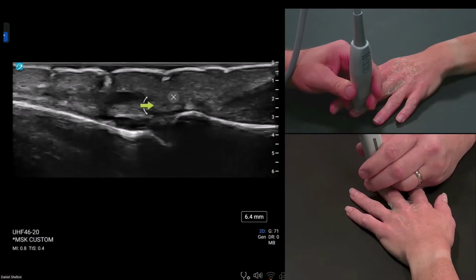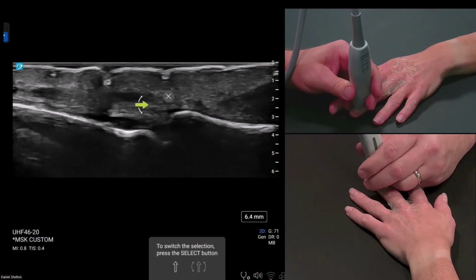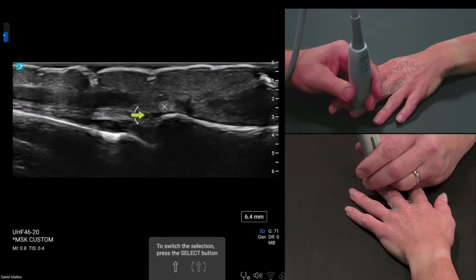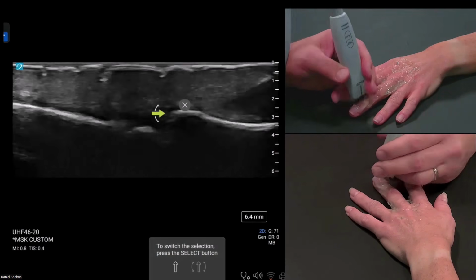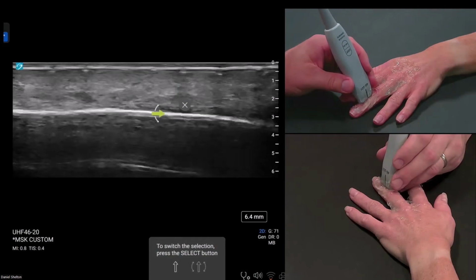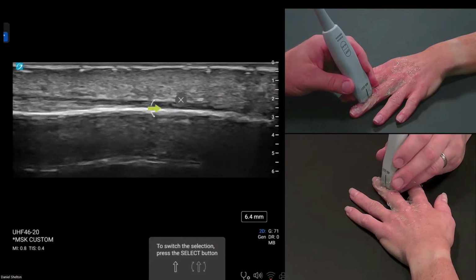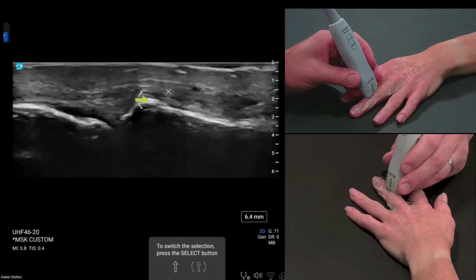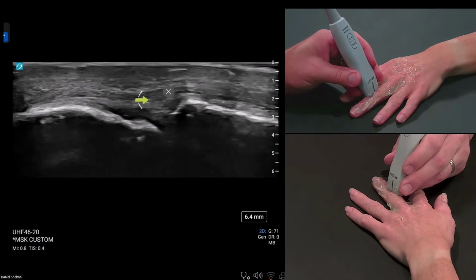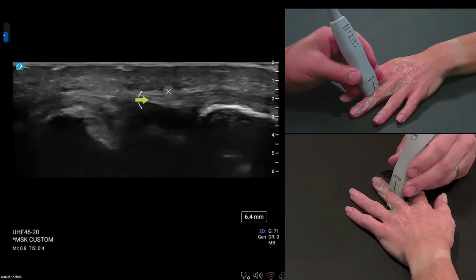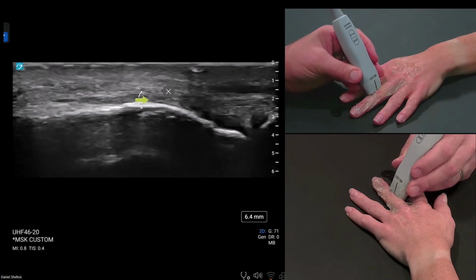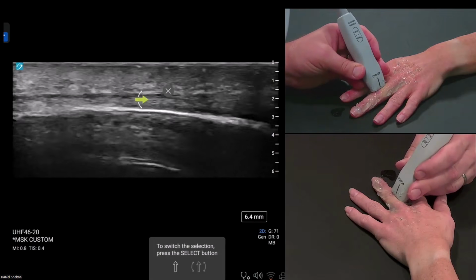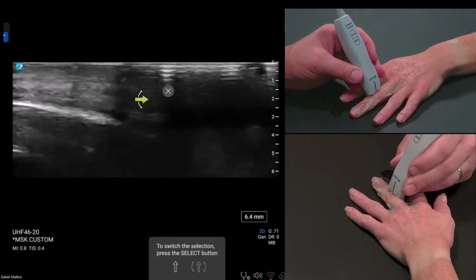So we've got the central portion of the common extensor tendon right here. So extensor digitorum attaching here. But remember, on each side, we've got those slips coming in from the oblique side of the finger. So we can see a distinct tendon here on the side, tracking all the way down. So that's lumbrical, that's dorsal interossei, combined to create that pathway for the extensor tendon to combine all those fibers. So you'll see a really strong tendon appearance in long axis here, even though I'm on the side of the knuckle.